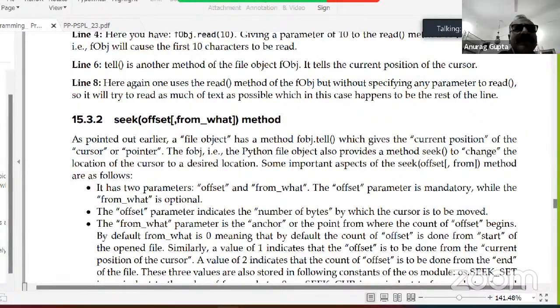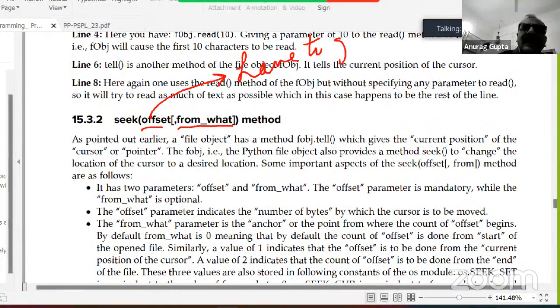When you talk about the seek function, it has got two parameters: offset and from what. The offset you have to give, and from what is optional, that means it has got a default value.